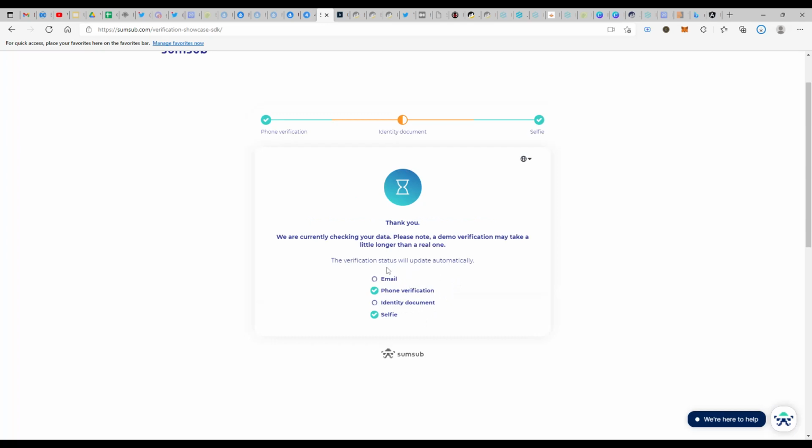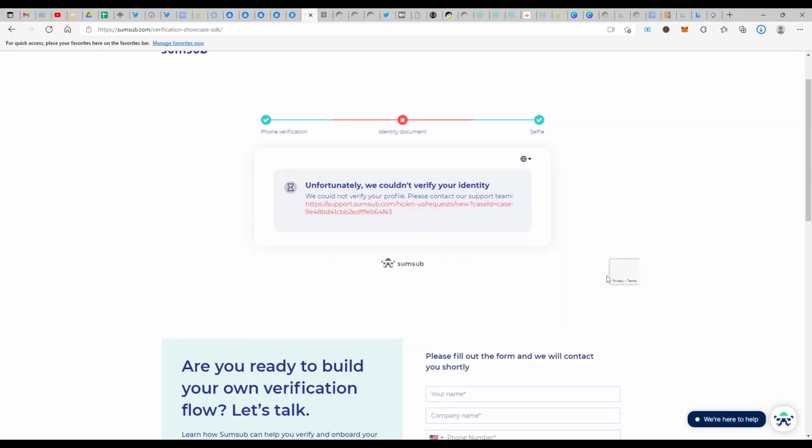Now the verification status will update automatically. It might take a few seconds, I believe. And once it's done, it's over. This is the message you would get after completing the entire KYC process. If your document is verified, you would have a green tick and a confirmation that your verification process is completed. If not, this is what you would ideally receive. It may not be the exact message because this is just a demo of how the process works, but you would receive a message or a pop-up stating that your process was unsuccessful, and probably some indication as to what changes you need to make. Else, you will have to follow the entire process once again.